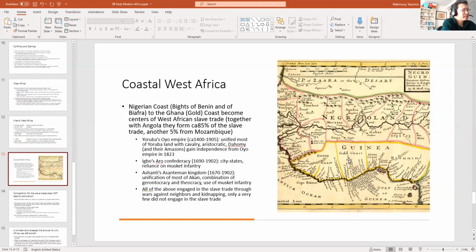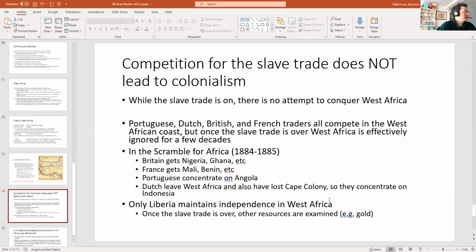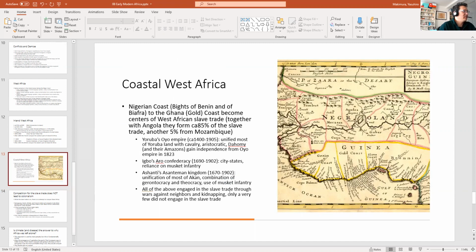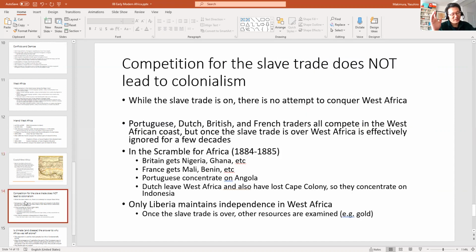So you can make the argument, right? I think the last, yeah. You have to engage in the slave trade, otherwise you lose because of your neighbors. You can make the argument that the slave trade in West Africa hurt them a lot, but it also helped them because it prevented them from being colonized. Africans were buying all these guns from Europeans, which means Africa is awash with guns. And the Europeans are also not unified.